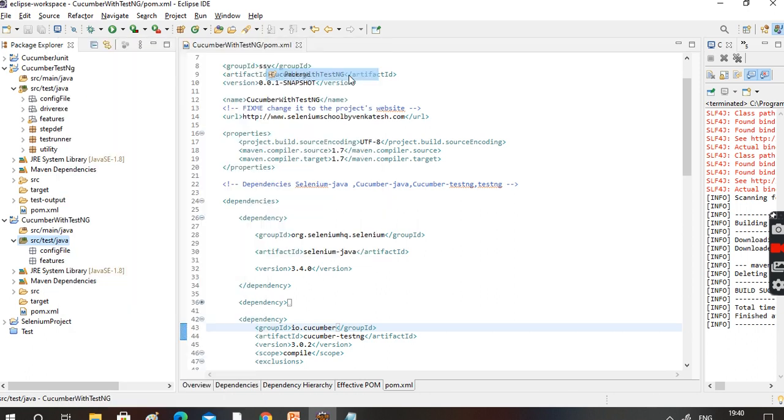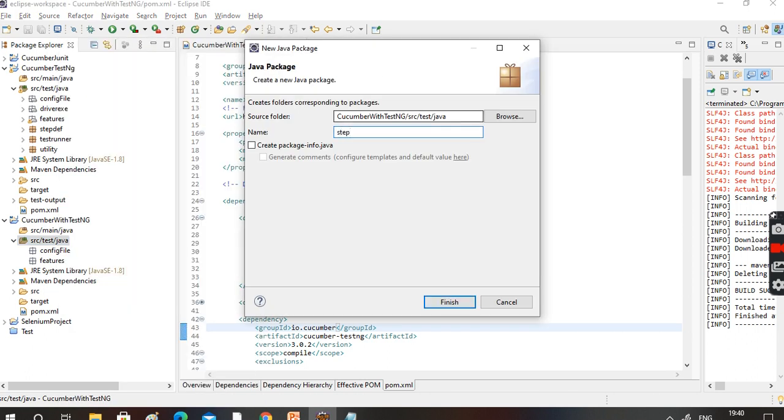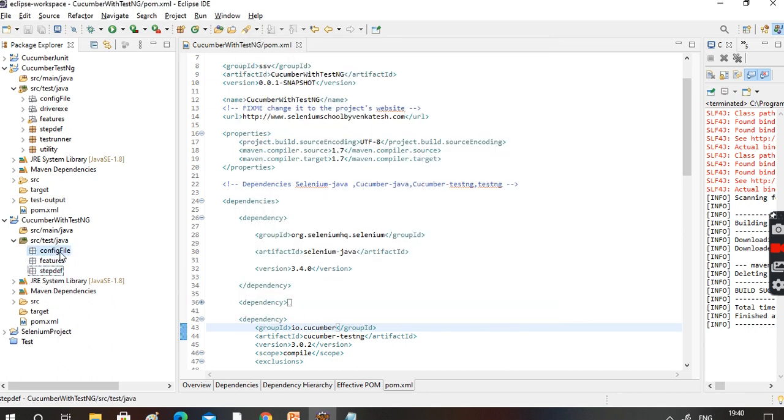People may have doubts, but whatever names you mention are not fixed or built-in items. You can mention any name. For my training purpose, I am using these names. You can put the full names also: configuration file, features list, step definition. Anything you can mention.